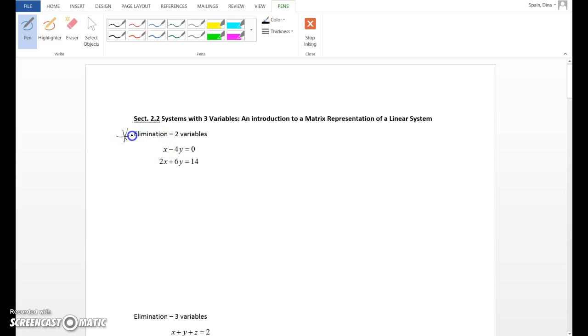We've done the elimination method before, but before we extend it to 3 variables, let's go over the 2 variable ones. The elimination method here. Remember, you try to match the coefficients but be opposites. So if I take this first equation, it's multiplied by a -2. Then watch what will happen. I'll have a -2x plus 8y equal to 0. Then if I recopy the second equation,